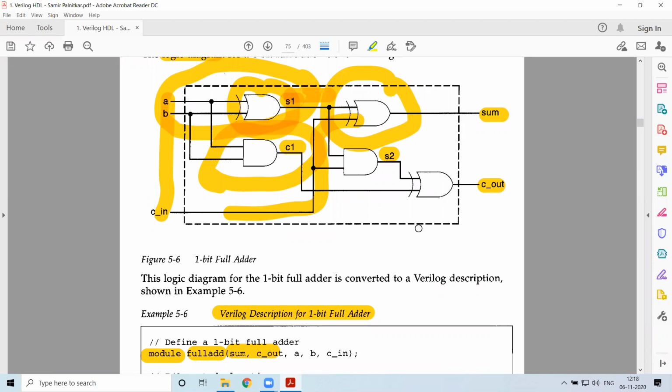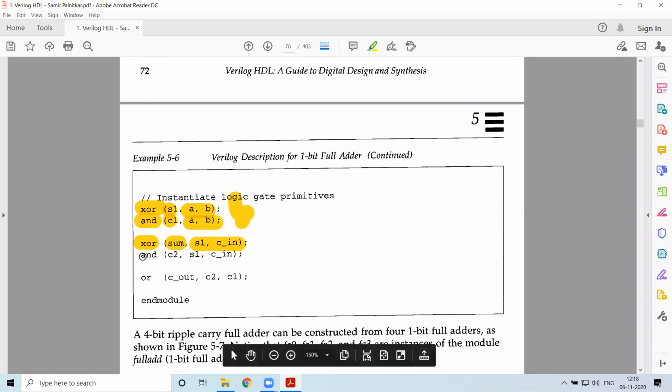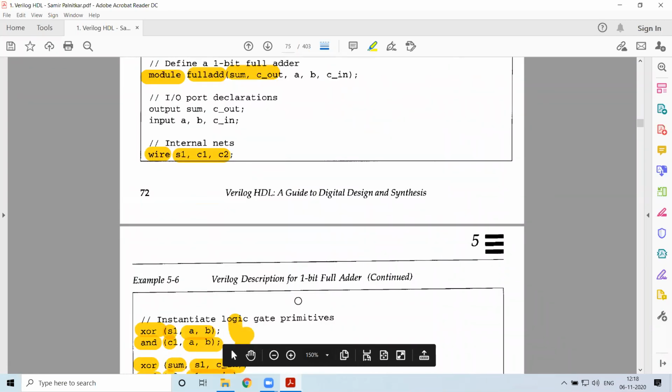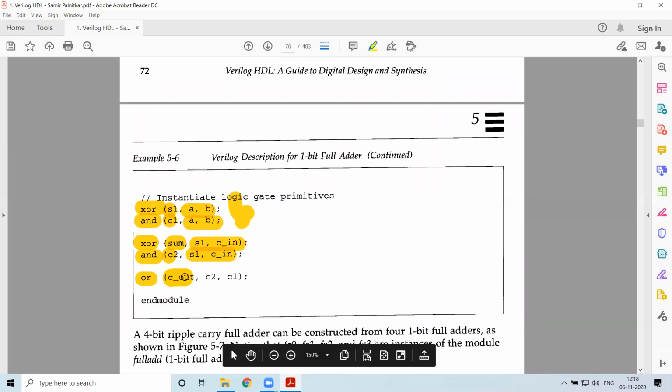Input is S1 and Cin. So similarly, we have the other part, AND gate, in which we have C2 as the output and S1 and Cin as the input. And the last one is the OR gate. That is this part wherein S2 and C1 are the input and output is Cout. So it is OR gate, Cout is the output, and C2 and C1 are the input.